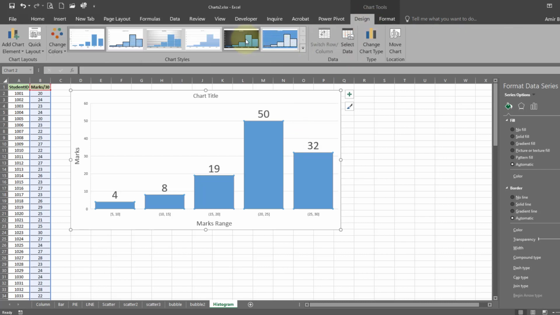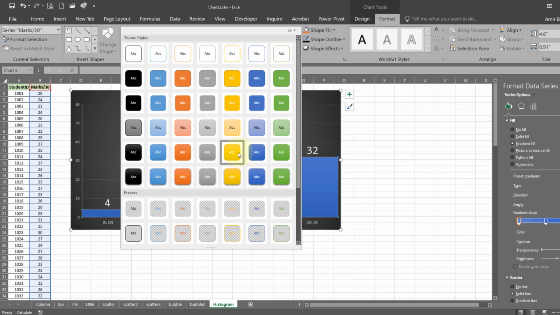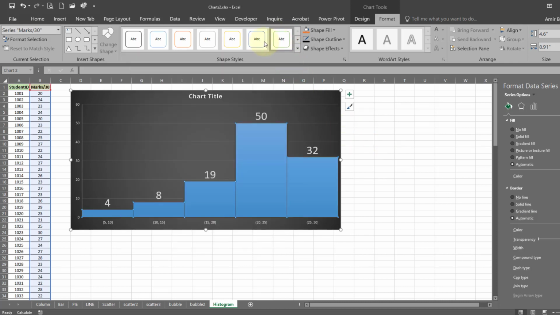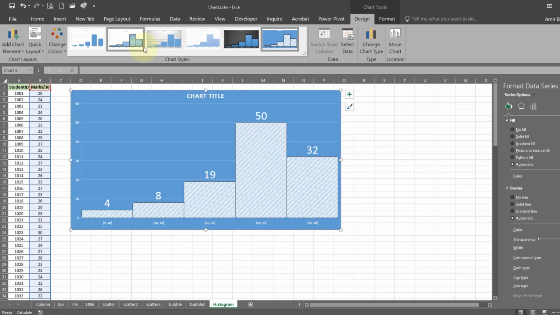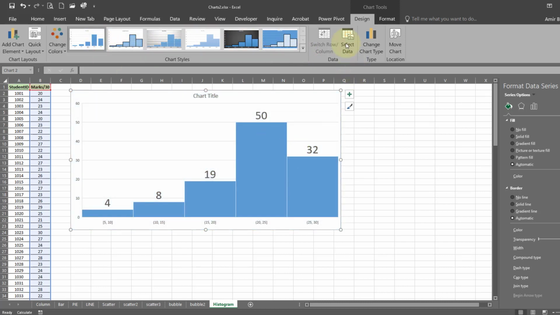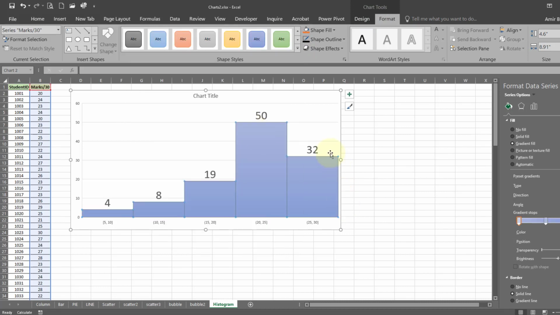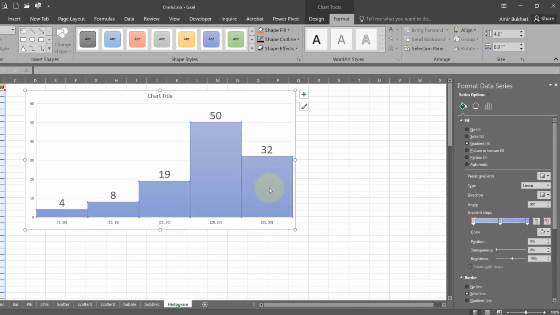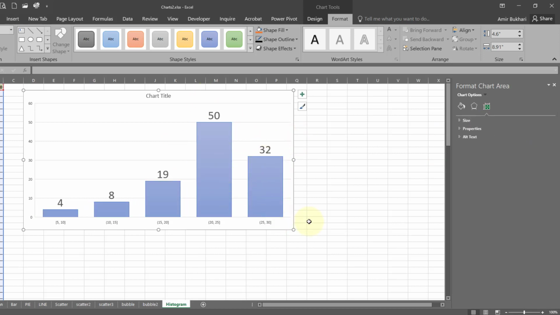If you want to do some more formatting, you can do it from here also. So this is how you can create a histogram.